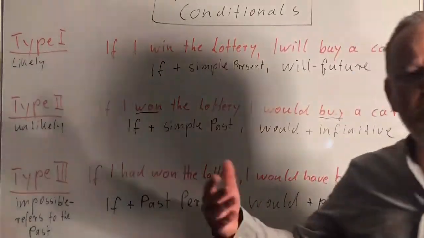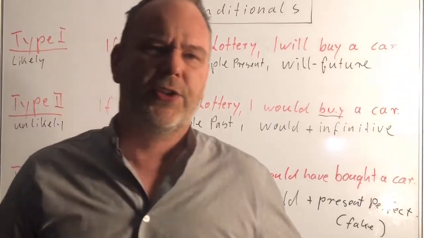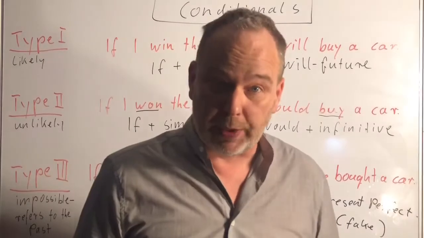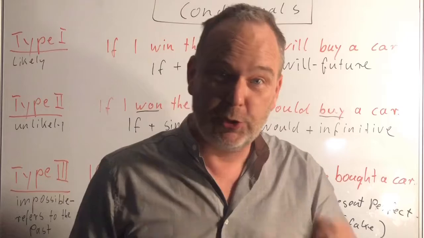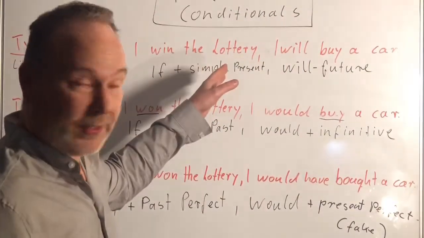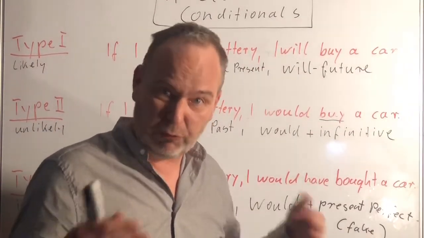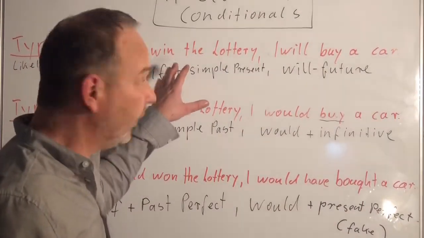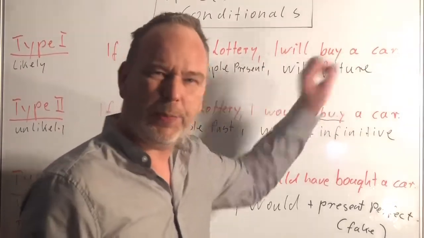Okay? So let me give you one more example just to make it more clear. Imagine there's a situation. I'm invited to a party and I also want to bring a friend along, but I have to look for her address. So what will I do? If I find her address, I will invite her. Yeah, very likely. If this part of the condition is fulfilled, I will do this. If I find her address, I will invite her to the party.